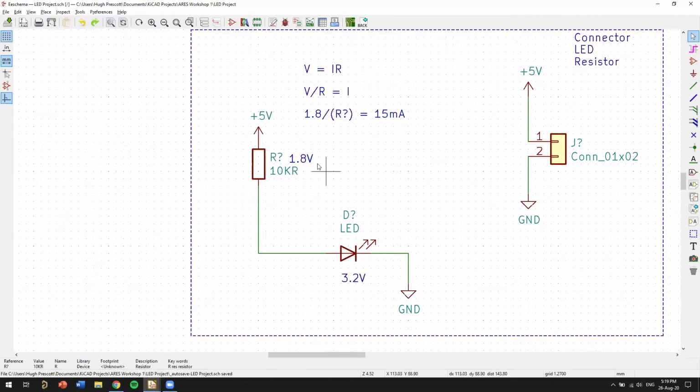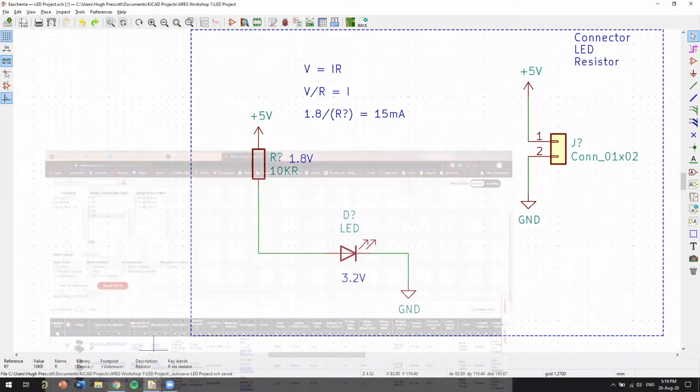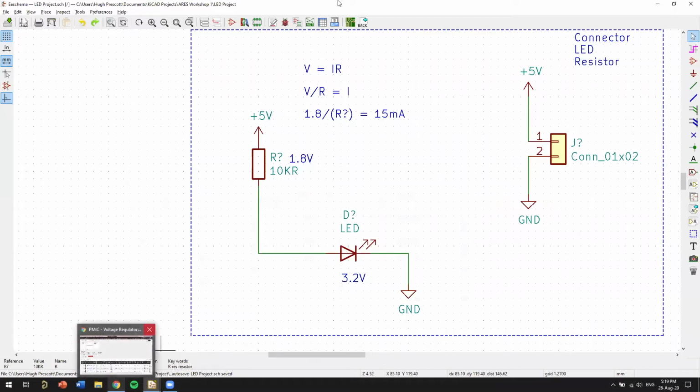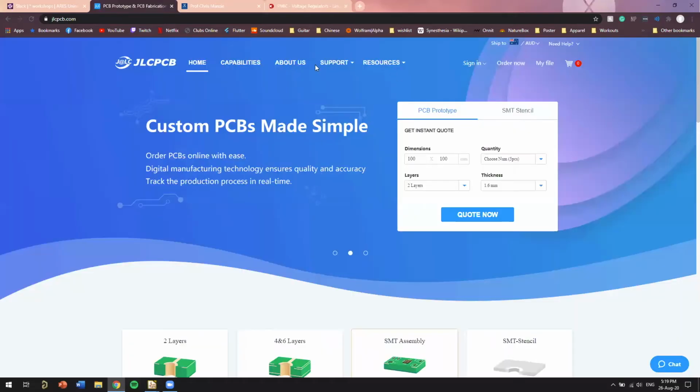So I think I left it last week saying, all right, what resistor value do we want so that 15 milliamps flow through this circuit? And something I realized was that 15 milliamps might be a bit high for something like this. I don't know how many people still remember this, but